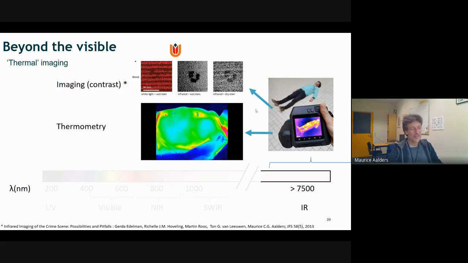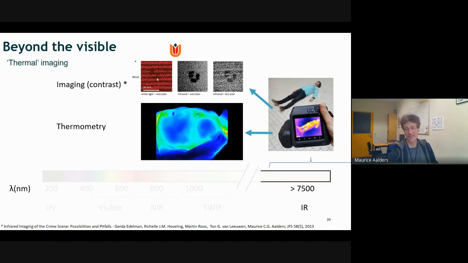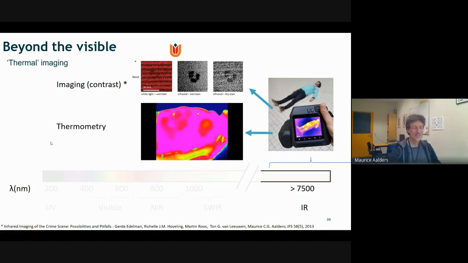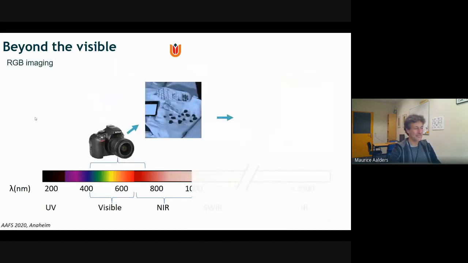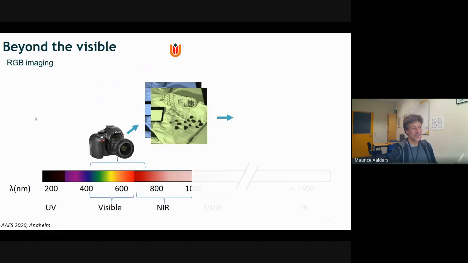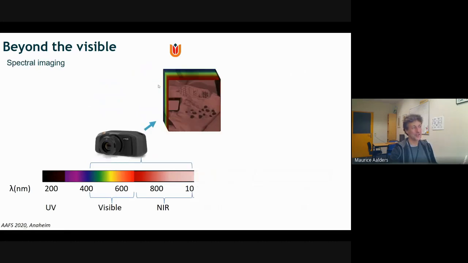And these long wavelengths are sensitive to water, of course. There's a huge water absorption. So if you want traces, you can find them here. Not visible in the white light, but in the infrared, you can nicely see these traces. And again, heat for inflammation changes. So this is it. It's a kind of pulsating, which is not good, but I will get it off the screen now. And so this is the RGB imaging that you can do, but you can also do spectral imaging